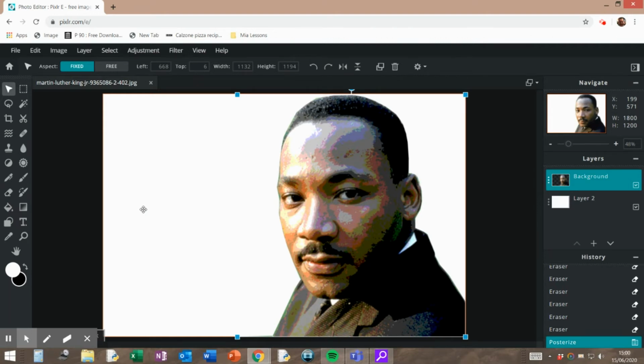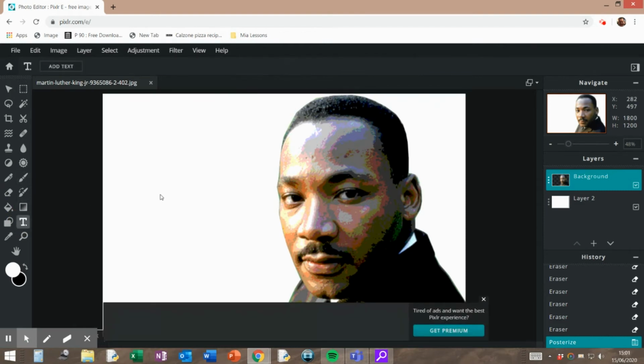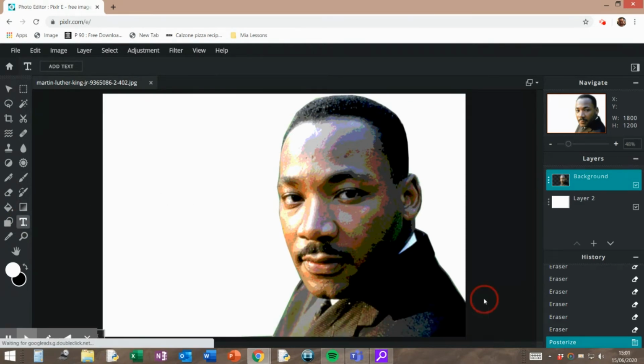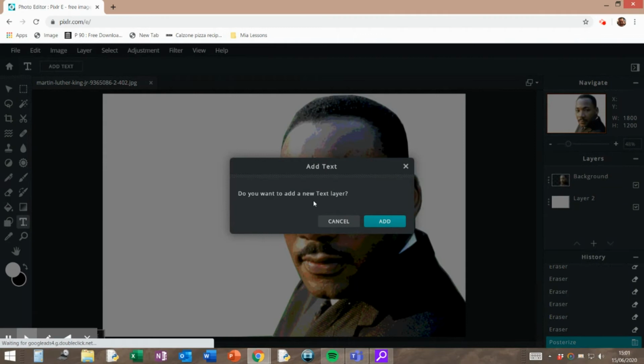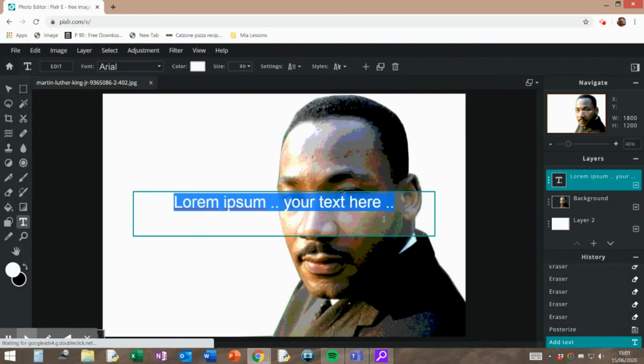Okay, now this started off as a bit of a typographic type task, but unfortunately with the changes in Pixlr E, I'm no longer able to define brushes. So all we're going to do here is create individual words. Yep, I do want to add as a new layer. And we're going to add in